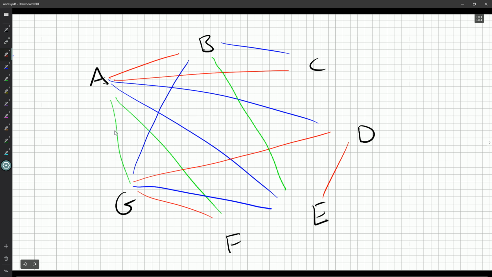Okay. I suppose it could be a red triangle. So far, no harm in that. Put a green one here. That gets me a nice little triple with A, C, and D. What else? Oh, we could have a nice little triple here. That doesn't break any rules so far.